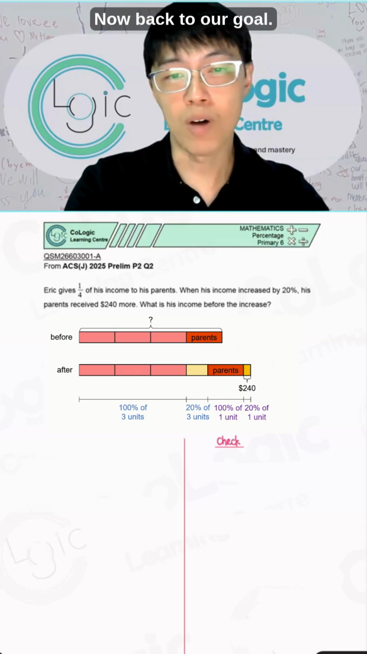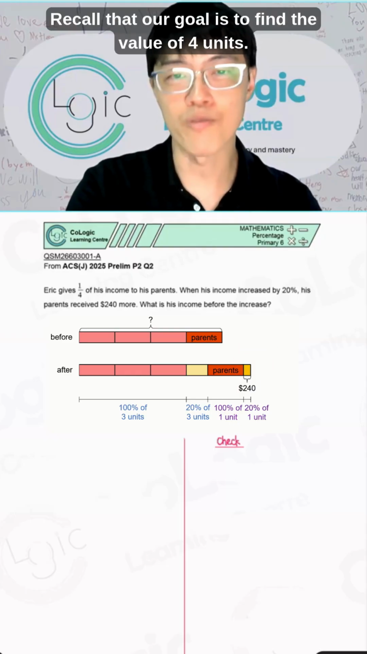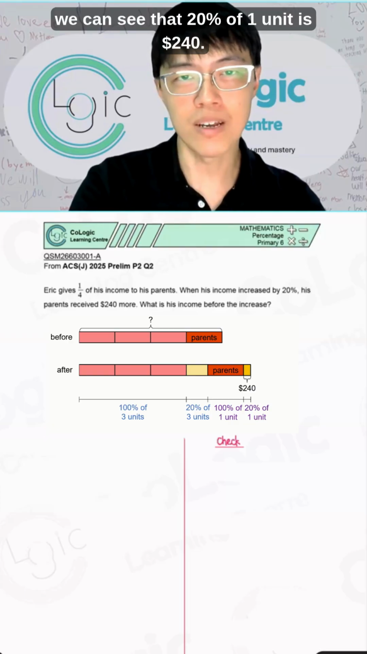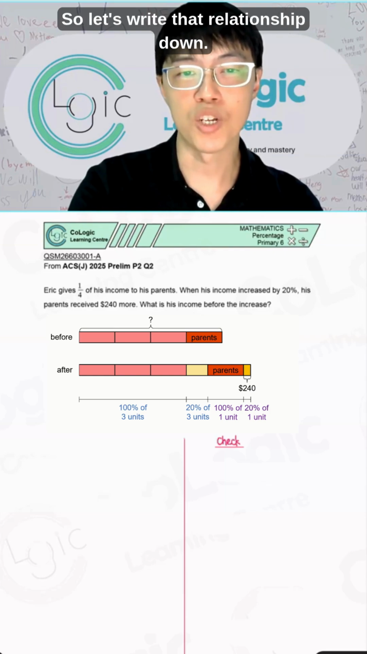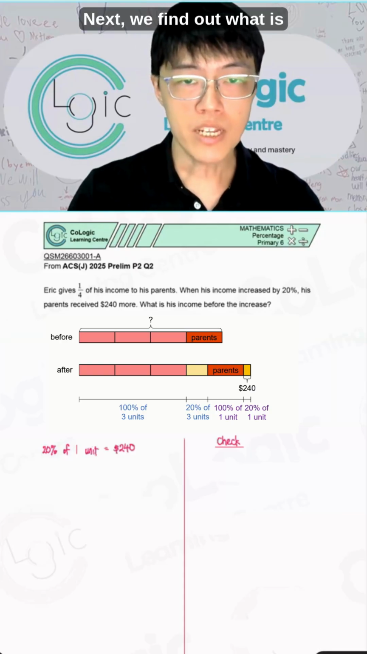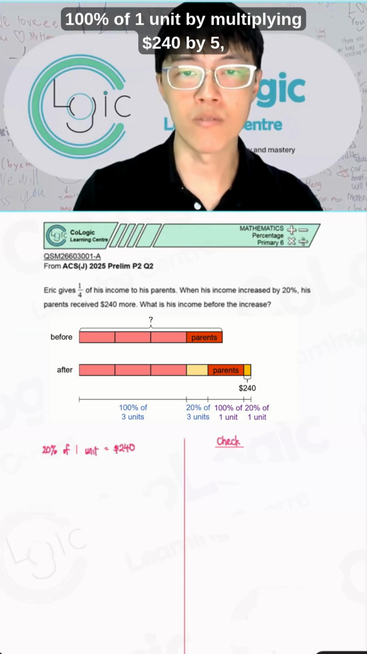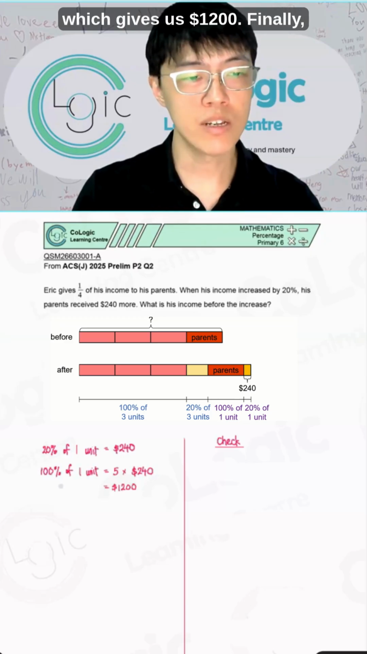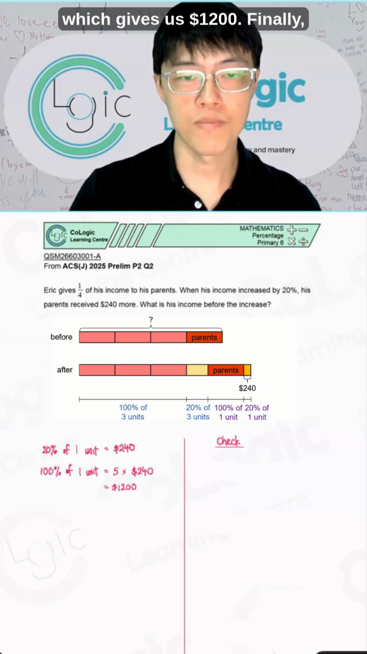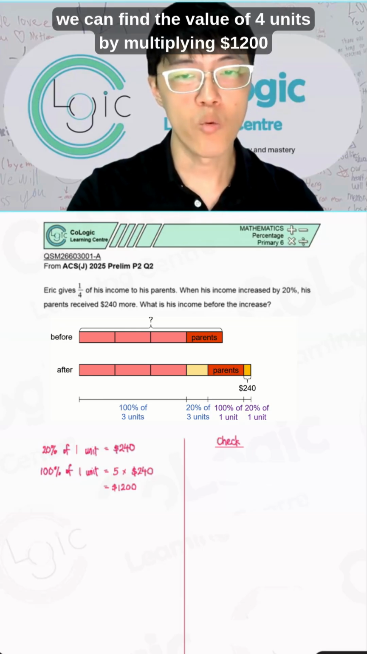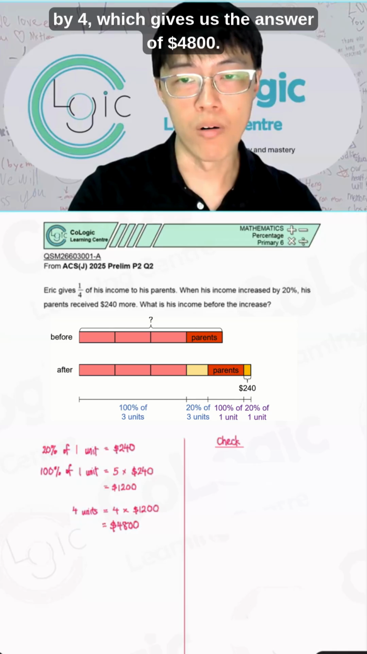Now back to our goal. Recall that our goal is to find the value of 4 units. From the model, we can see that 20% of 1 unit is $240. So let's write that relationship down. Next, we find out what is 100% of 1 unit by multiplying $240 by 5, which gives us $1,200. Finally, we can find the value of 4 units by multiplying $1,200 by 4, which gives us the answer